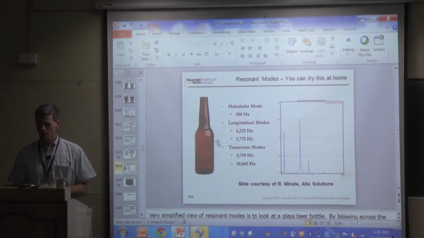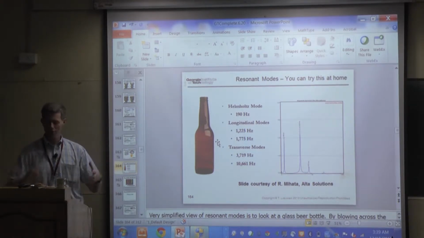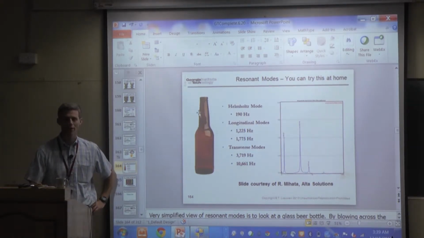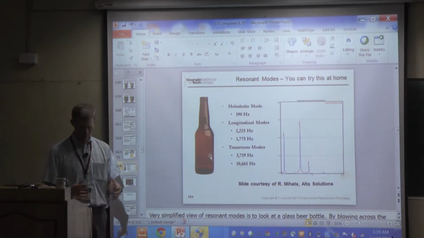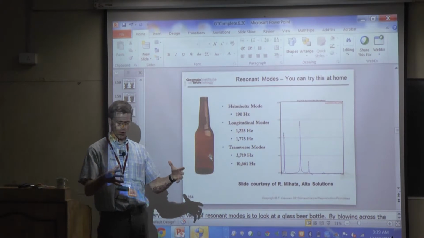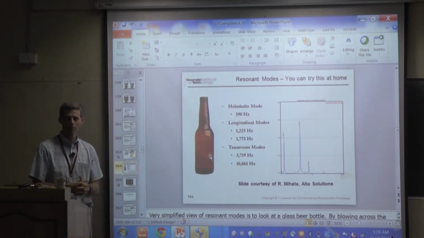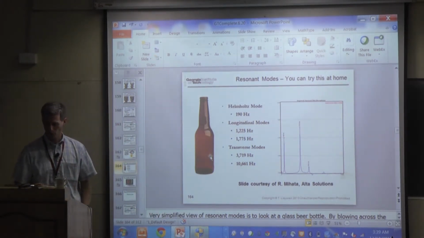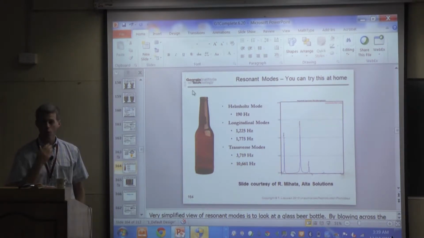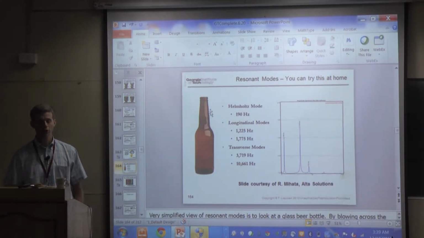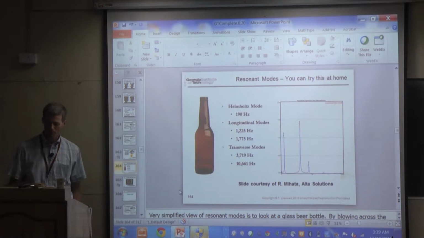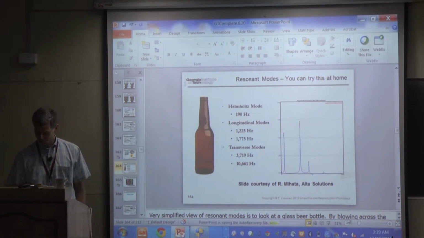And this is an experiment you can try at home. This is an example of a Helmholtz resonator, right? You take any enclosure where you take a volume and then constrict it to a neck, so it could be a milk jug or a bottle like this, and you blow over the top of it. How many of you have done this before? Know what I'm talking about? And you hear a whistle, right? And that whistle is the natural frequency of that Helmholtz resonator. So this right here is a